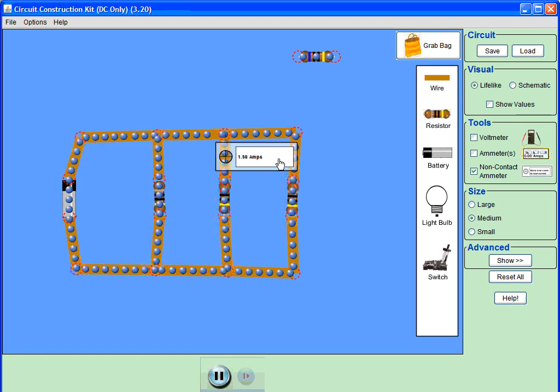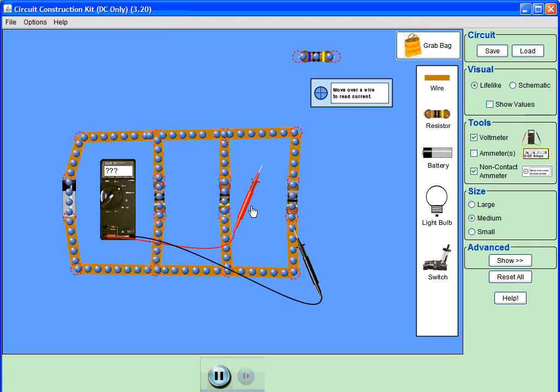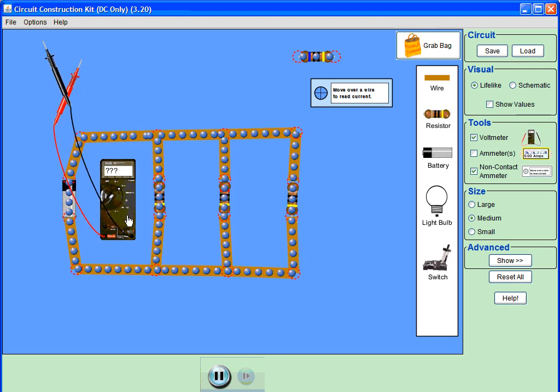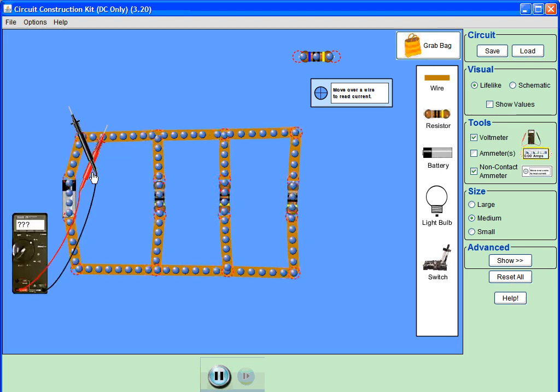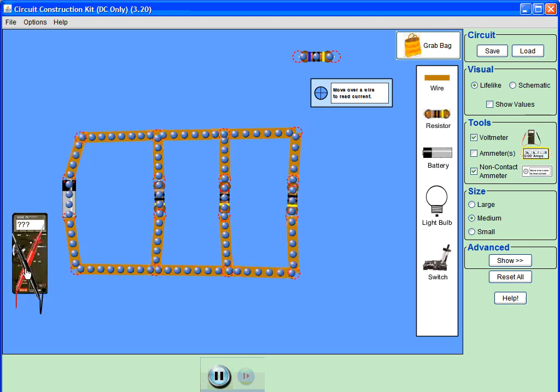voltage drop. Parallel. 30 volts on that one. So the voltage drops are the same, but the currents are typically different. If you have a big gap,